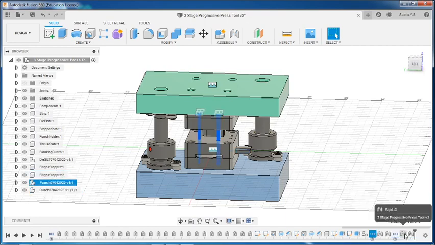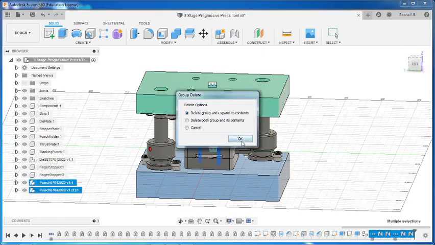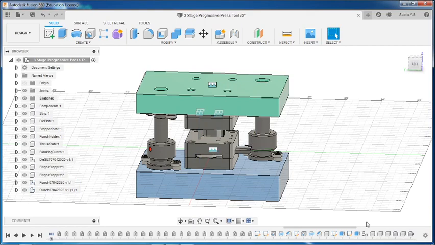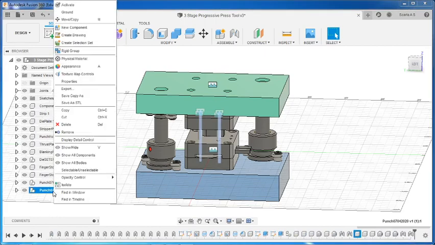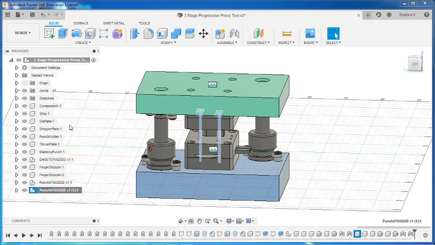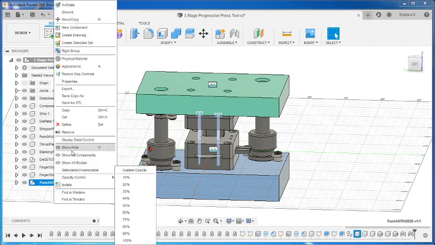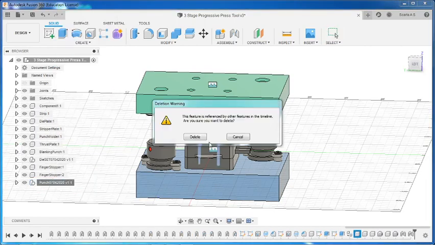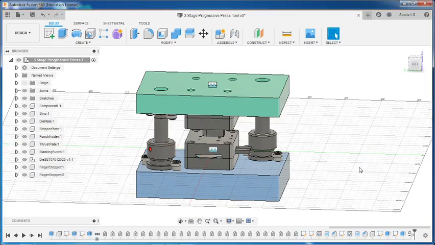From here up to here, delete. Okay. So let me delete this. This also. Okay, now